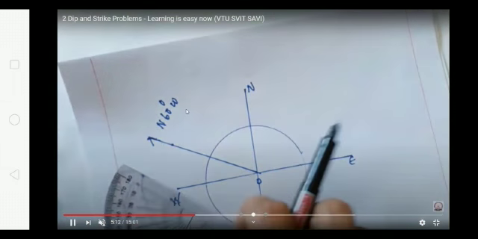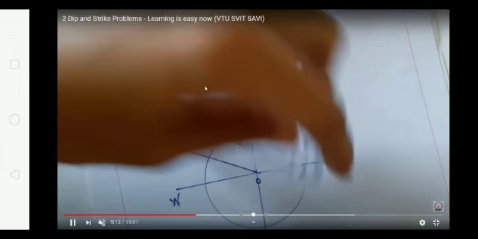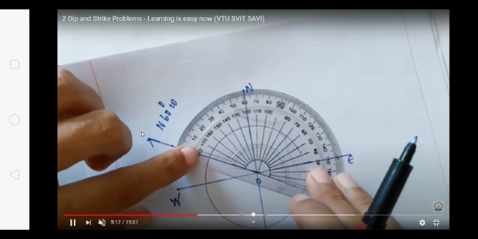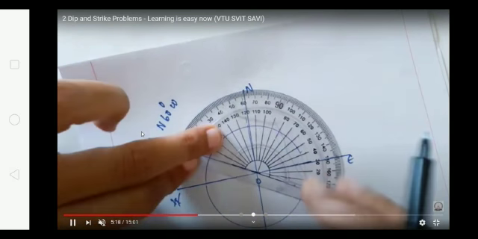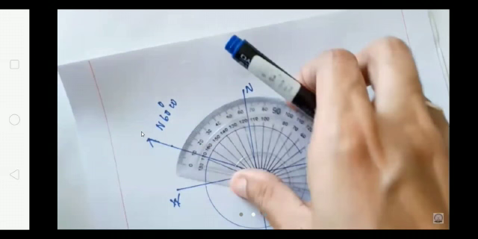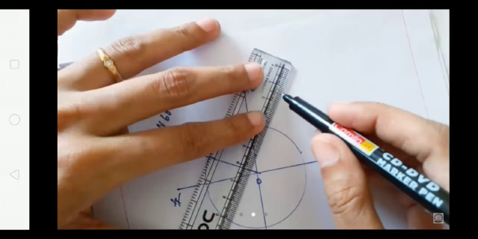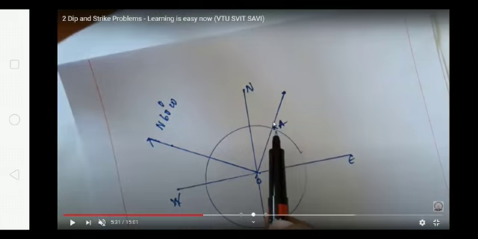Then what you have to do is, from O, keep your protractor at O, at the intersection point, and you have to draw one perpendicular line to the line which you have drawn now. This line from O to whatever you are drawing, you have to draw a perpendicular 90 degrees. Mark 90 degrees from the intersection, and join the point to the center. And when you draw, you can join that till the center.